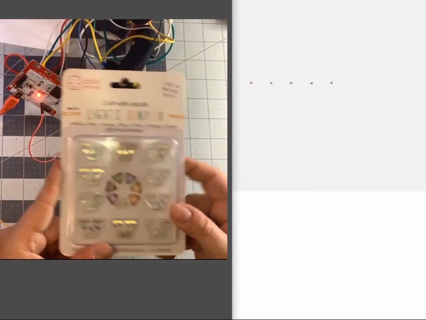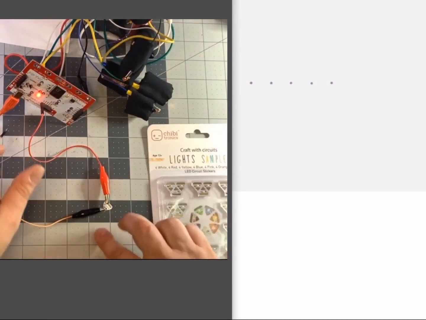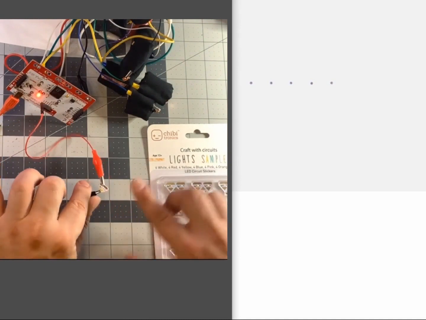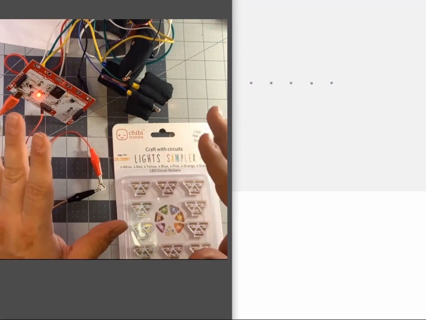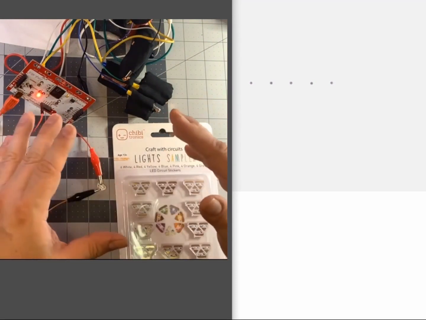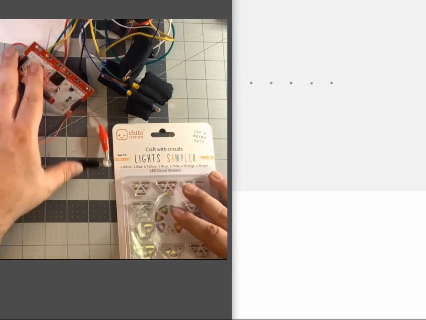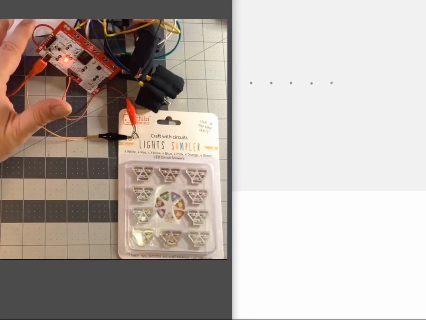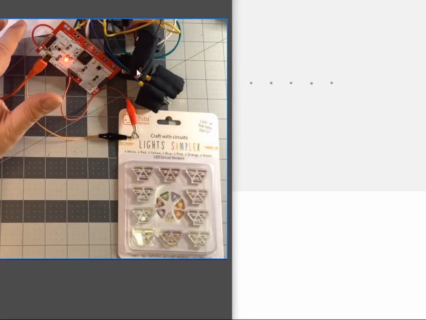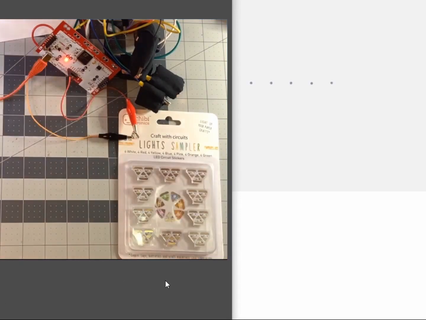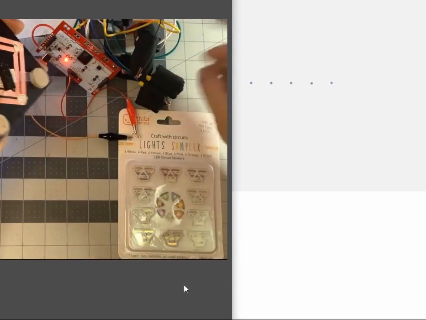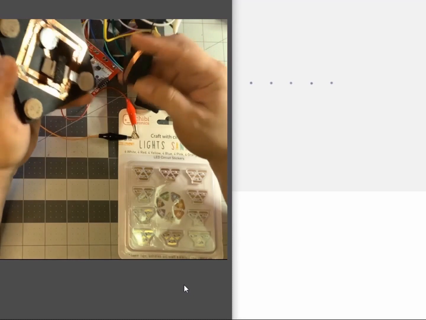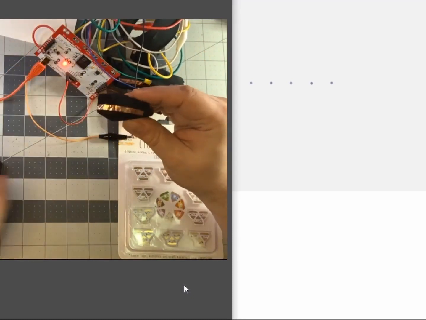So this is one of the things I want to do. I actually want to embed some of these LEDs into the glove. That's a major one. So that's one of the areas that I want to go forward looking at. The other one that stands out is specifically, I'm really not happy with just having